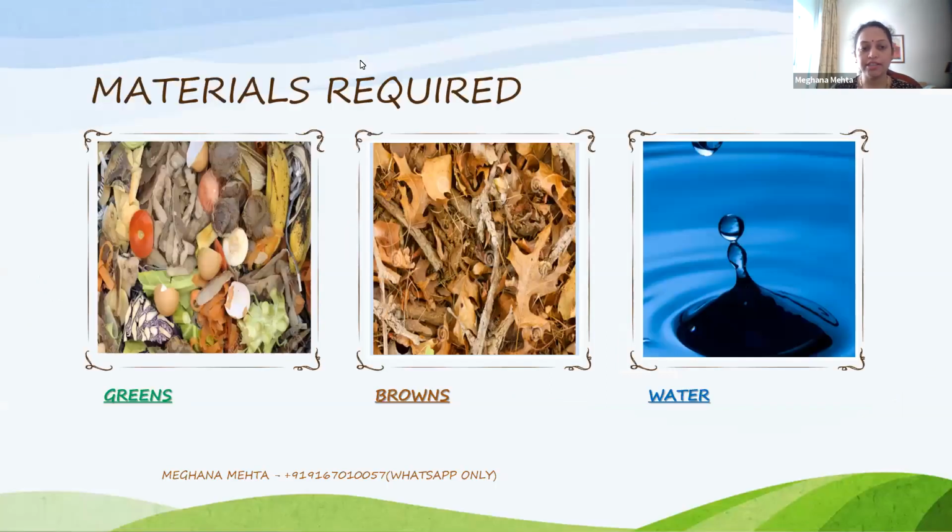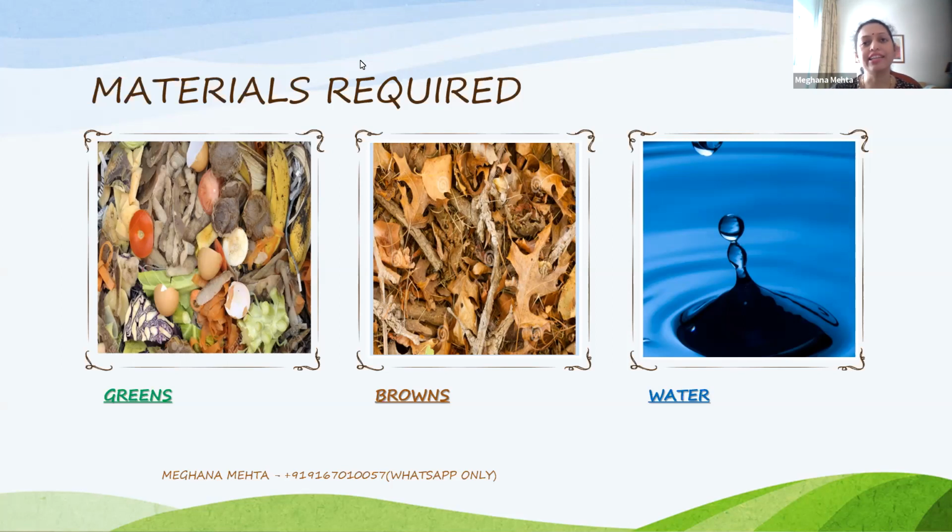Now for composting, the materials required are the greens, browns, and water. These are the three main ingredients required. Now water, we don't require physical water as such. The environment, the nature that provides us with the moisture in the atmosphere is enough. But in some dry places, in desert regions like the Gulf, or cold countries like Europe and America, water is required physically also. But in hot and humid places like Mumbai, or most of India where the weather is not very dry for more than half the time of the year, we don't require water physically.